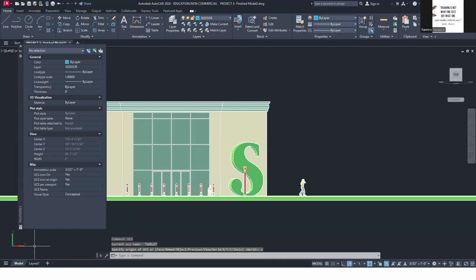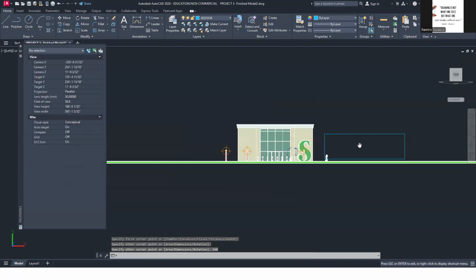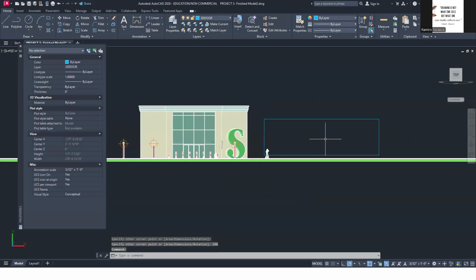Okay, XY. So that's actually an easy way of doing it without needing to save the UCS. Okay, and then you simply create a rectangle. So we'll start with a rectangle, and this rectangle will just say 800. That's the width, right? And then you tab and you say 240. So that's the proportion of the logo, 800 by 240.